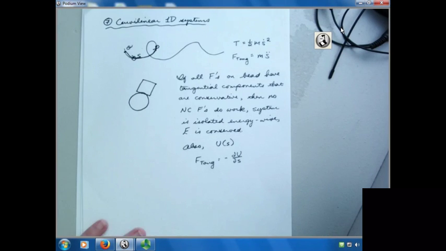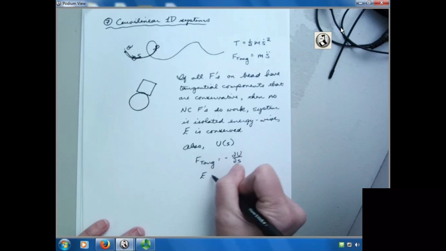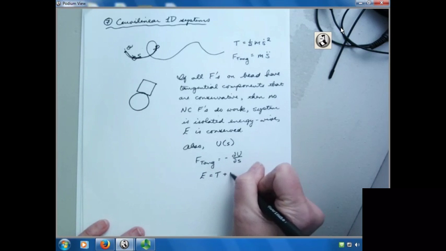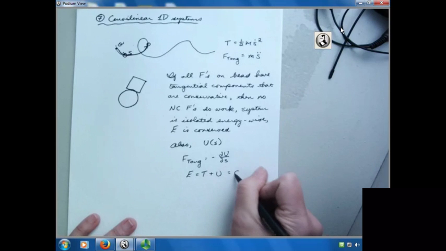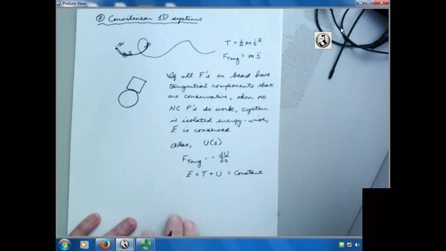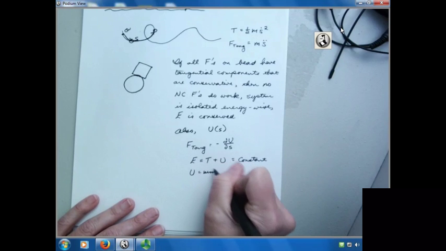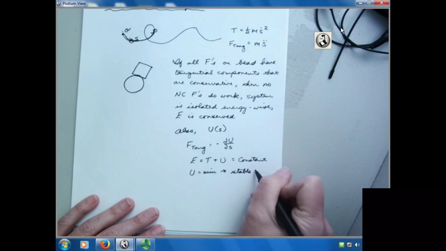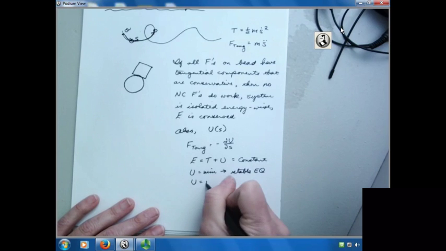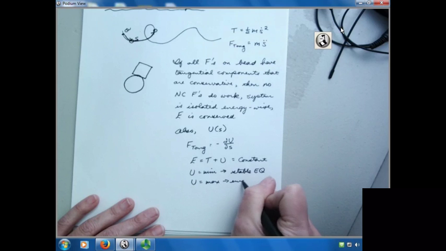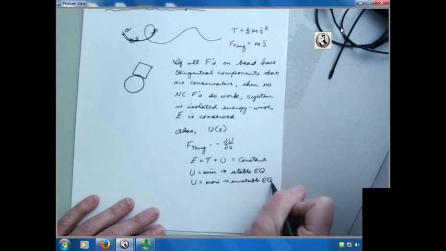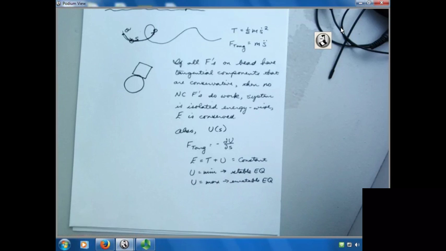And what else have I got? I guess I'll go ahead and write this in symbols. Mechanical energy, which is E, which is T plus U, would be equal to a constant. And wherever U is a minimum, we would have a stable equilibrium. Wherever U goes through a maximum, we would have an unstable equilibrium. Everywhere else, minus dU/ds will be equal to the tangential force, the force along the bead on the object, the net tangential force. And I think that's all that we really want to say about these types of systems,